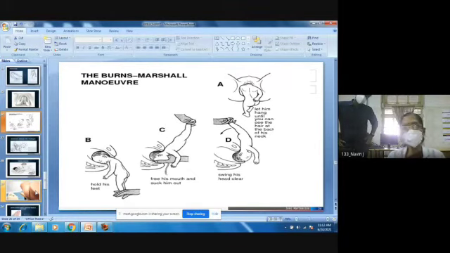Suppose you have difficulty in delivering the arms, you use Lovset's maneuver. The principle of Lovset's maneuver is that the posterior arm, which is in the curve of the sacrum, is always at a lower level when compared to the anterior arm. So when you have difficulty, with extended arms, you rotate the baby through 180 degrees so that the posterior arm is brought anteriorly and comes under the symphysis pubis, and it can be delivered. That is called Lovset's maneuver. Now, for the after-coming head, you should always ensure the baby is hanging by its weight.